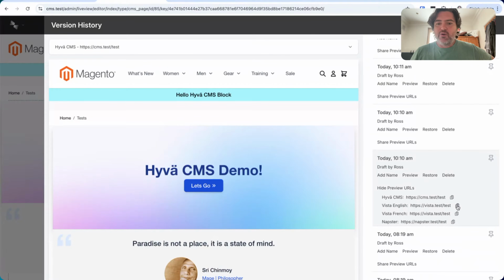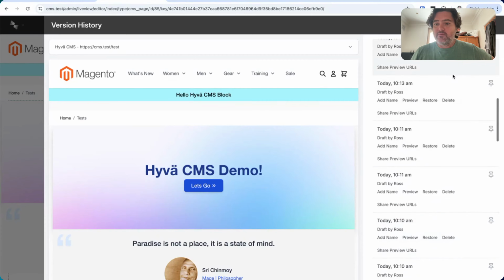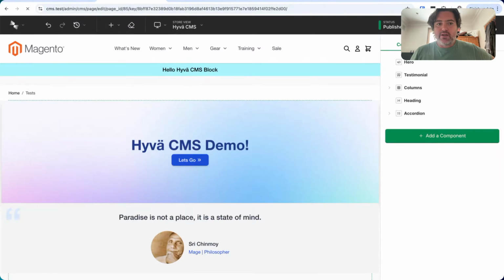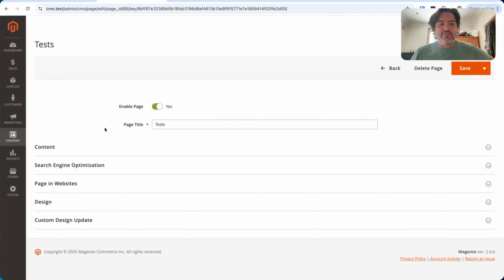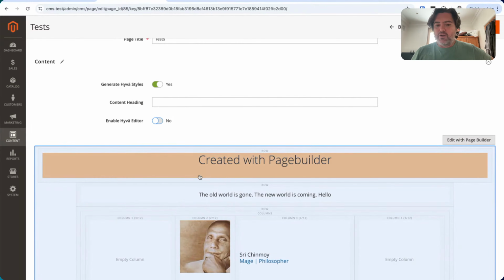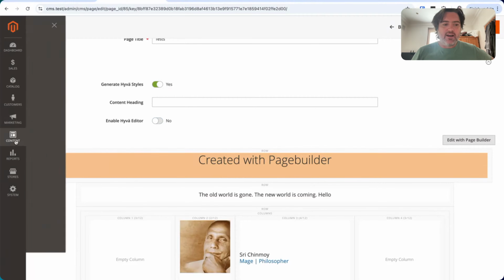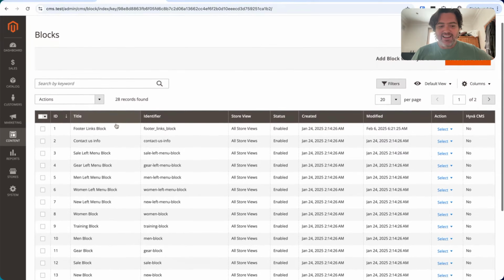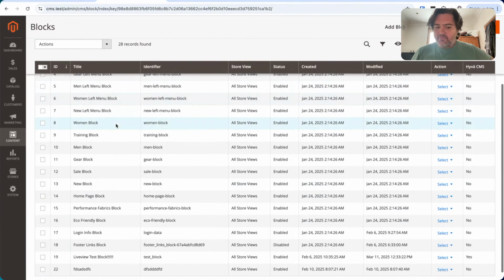What more can I show you? I can show you CMS blocks, if you'd like. Okay, I'll just close out of this. The other thing about it, I have to say, is it's much faster than working with Page Builder. I actually don't want to show you how slow this can be. If I go in and start editing it, we're going to be waiting like 30 seconds just to hit save. But it's 800 JavaScript files, right? Yeah, exactly.